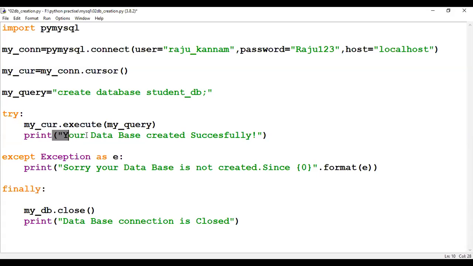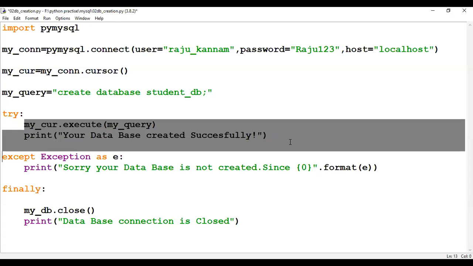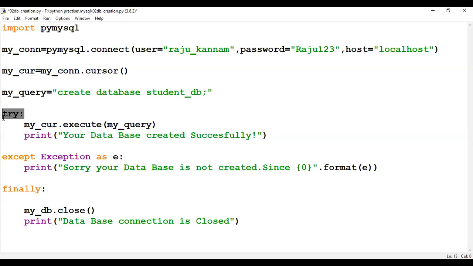I'm printing the message that your database was created successfully. Or if you get any error, because when you try to create the database we may get a runtime error, we don't know. That's the reason I'm putting it in a try block.